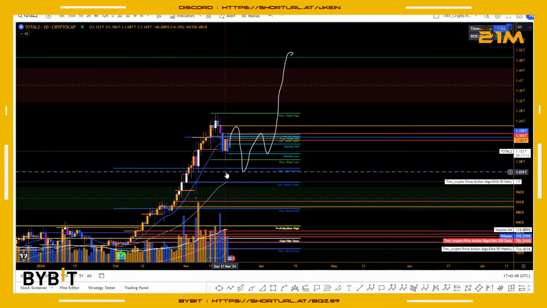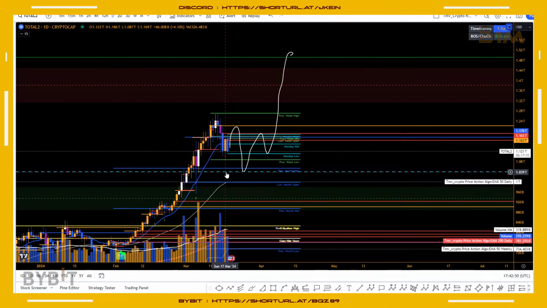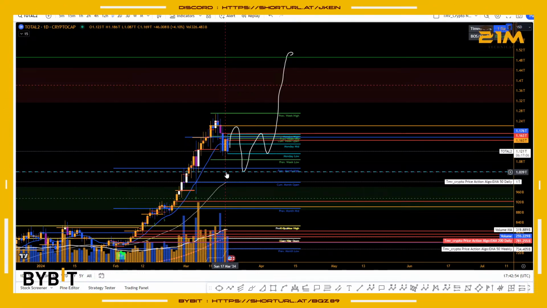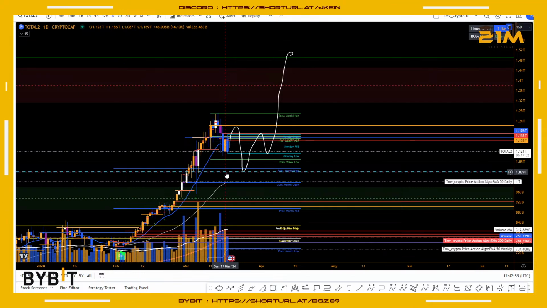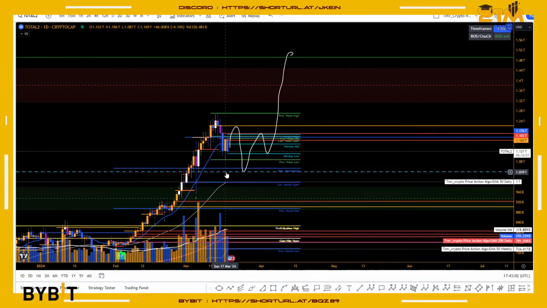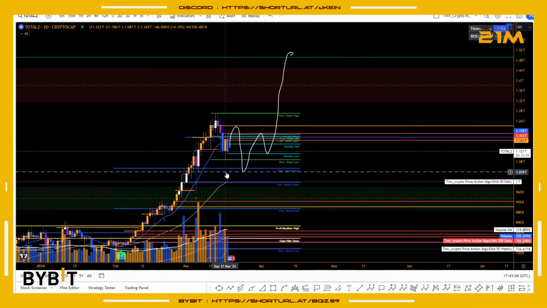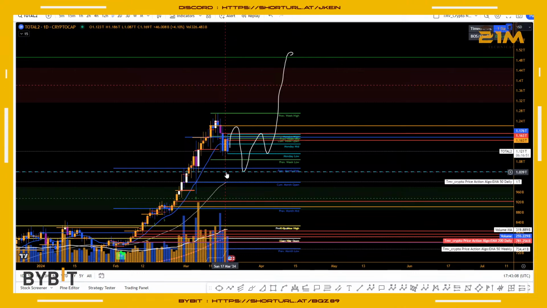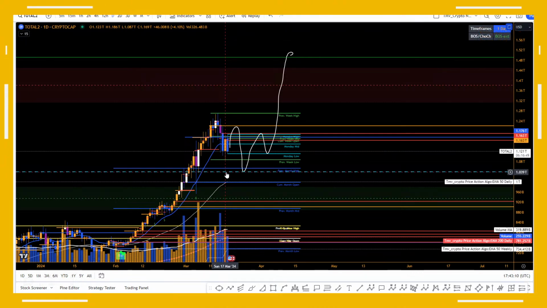It has to be with alts actually. And if you really want to go with Bitcoin, then probably you will have to go with high leverage. The spots won't be able to make that money for you. So the next strategy for you guys should be focusing more on alts rather